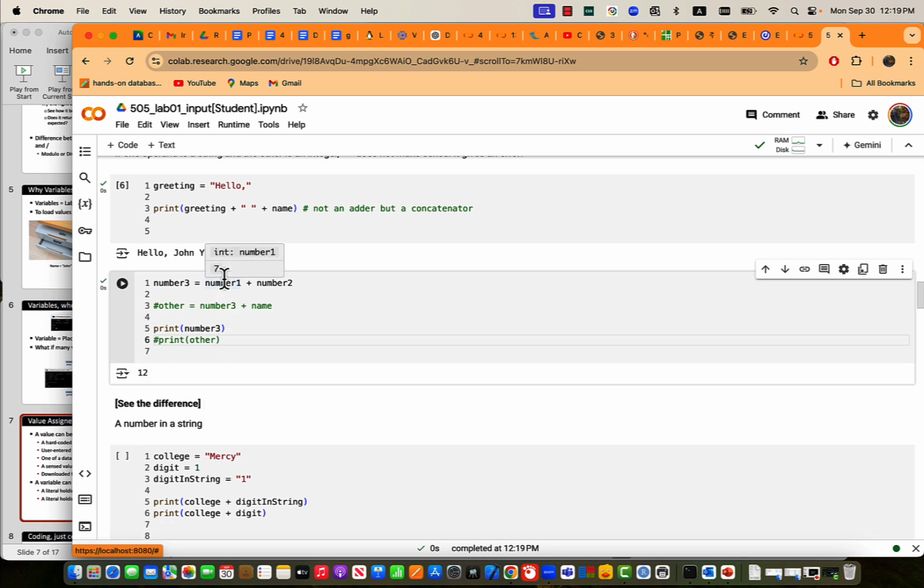So number 1 is 7, number 2 is 5. Therefore, number 1 plus number 2 on the right side should be computed, and the result 12 needs to be assigned to number 3. So when I print number 3, then I have 12. Perfectly fine. But when I do here other,